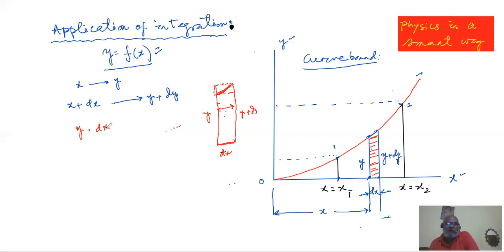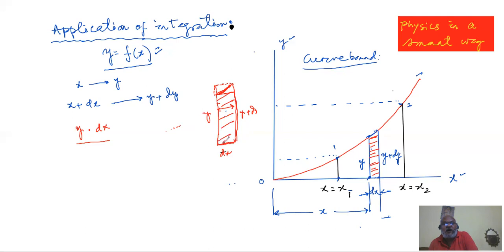You may be objecting, maybe slightly confused. Where you consider the area to be y dx, we know in fact we are considering this area. Or else if somebody takes this side length, that is y plus dy, and multiplies by dx, then he takes this area. That's a perfect rectangle. But if I ask you to consider y dx, that has several advantages here. So then you say, okay, that is the area that I see here.